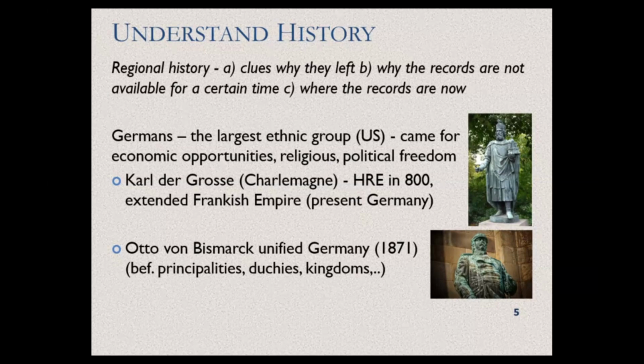But this gives you that idea of why they left, why the records are not there, but they are in some other places, because it depends on who was the ruler of that place. And so where the records might be now, or if they were lost, especially in that area of southern Germany, like the Alsace and Lorraine region, those are now in France, but they were part of the German Empire. So then constantly various soldier groups were coming, right? So then it gives you that idea of what happened.